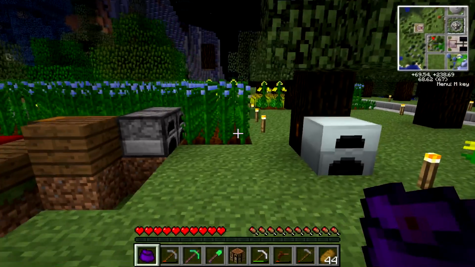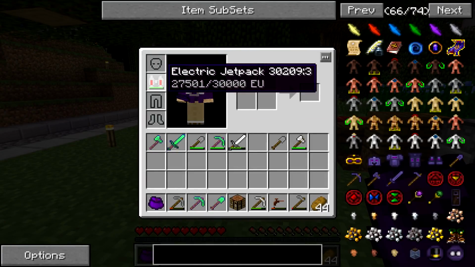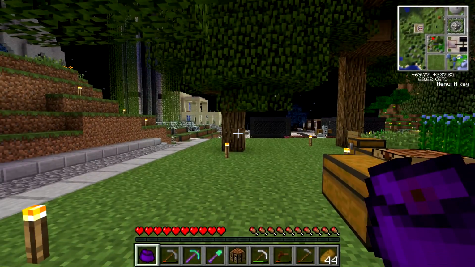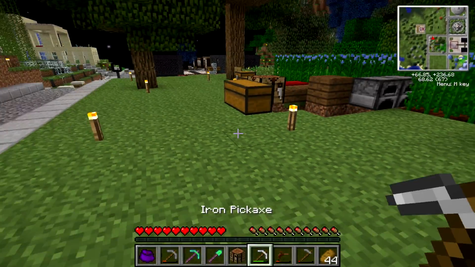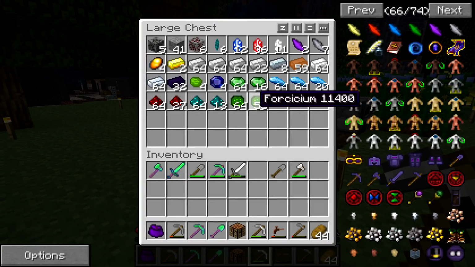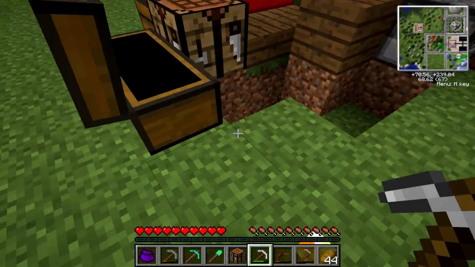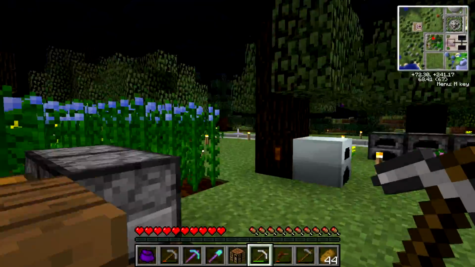There's a lot of stuff, and one of the things everybody has is an electric jetpack, and that was given to me by Kenzie, so thank you, Kenzie. But yeah, I'll show you sort of what I've been doing here. I've just been mining a lot, so this is some of the results of my mining. I have just a standard mine down there, but since...